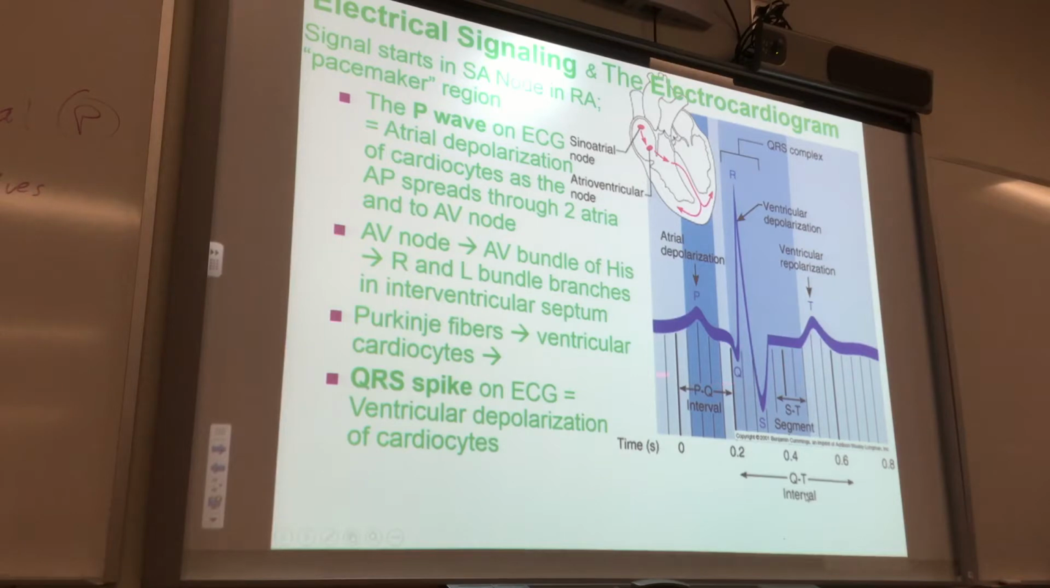And then there's a PQ interval. So just from what we know about the P wave, what do you think the PQ interval is? Well, that's a good point. During the PQ interval, the mechanical event that's happening is atrial contraction. It's from the beginning of atrial depolarization to the beginning of ventricular depolarization, this PQ interval. And then the ST segment,